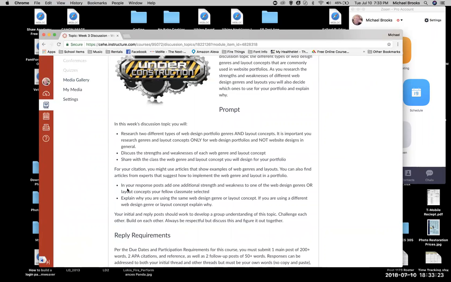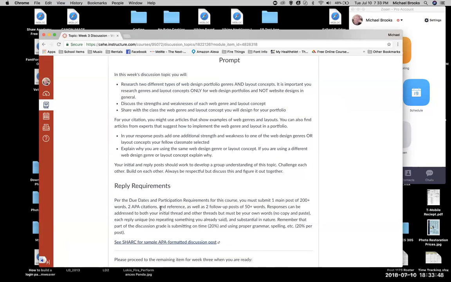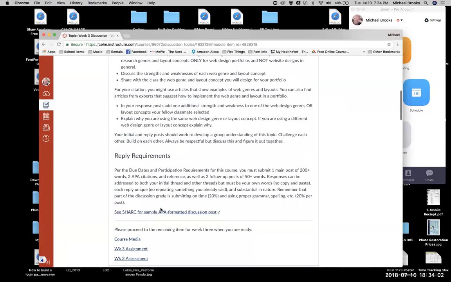In your response posts, add 1 additional strength and weakness to one of the web design genres or layout concepts your fellow classmates selected. So in other words, you're adding on to theirs. Explain why you're using the same web design genre or layout concept. If you're using a different web design genre or layout concept, explain why. Your initial and reply posts should work to develop a group understanding of this topic, challenge each other, build on each other, and always be respectful, but discuss this and figure it out together. All right, now,